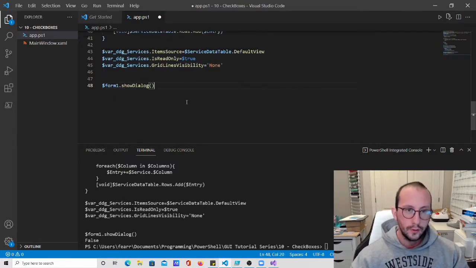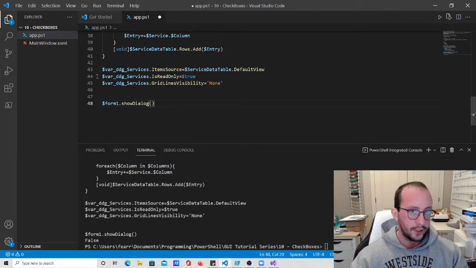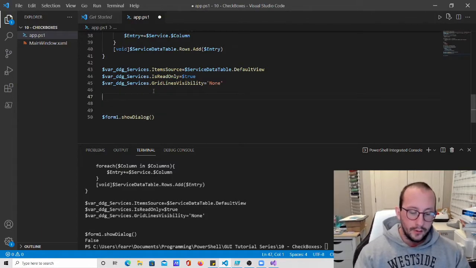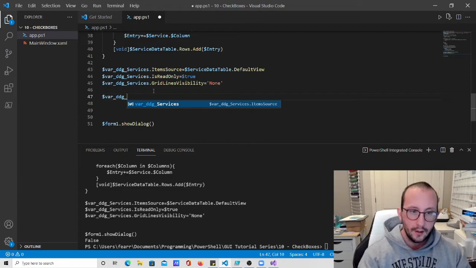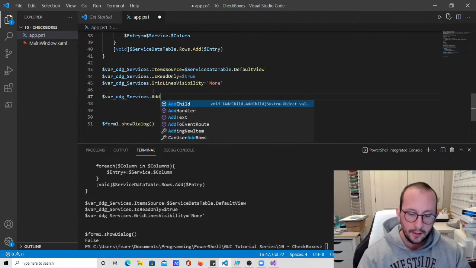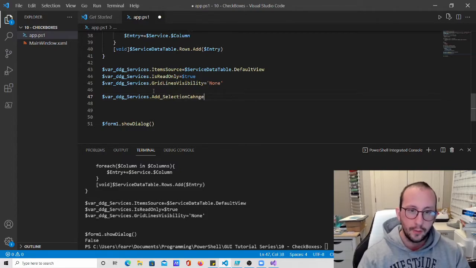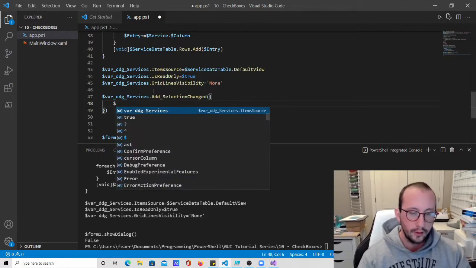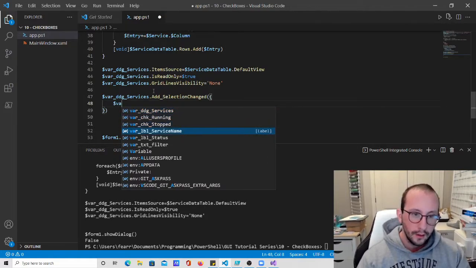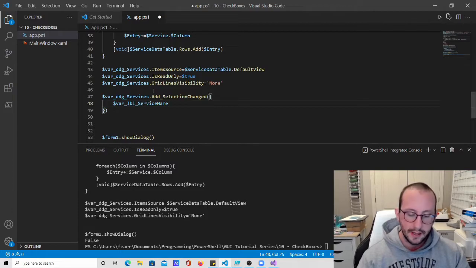So what we want to first do is get our selection working. So what we're going to want to do here is a var underscore DDG underscore services and then a dot add underscore selection change. Now we've seen this whole part of the application in a previous video, but since it's been a little while, I'm just redoing it for you guys. So here we have the add selection changed, and then we're going to do a var label underscore service name, and we're going to set the content to that as the var DDG services dot